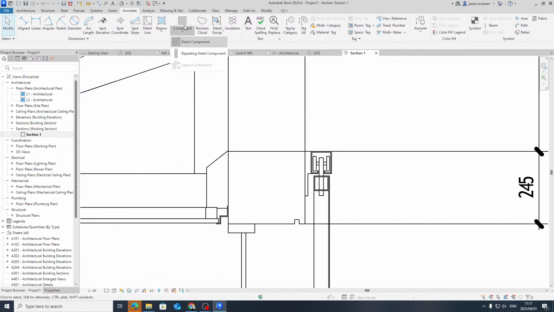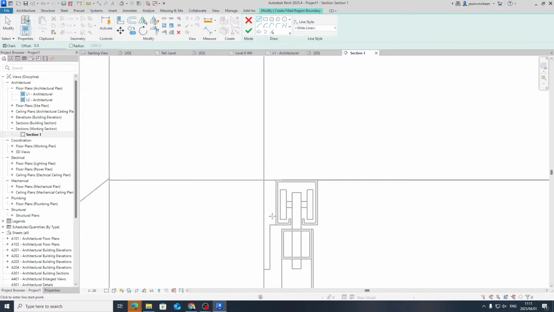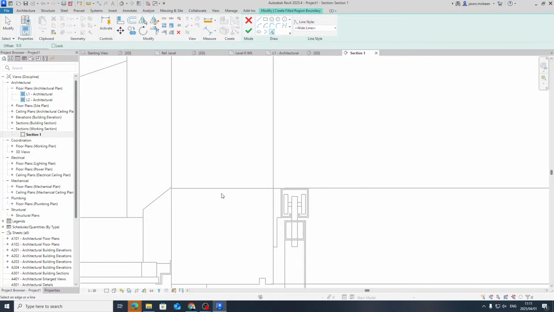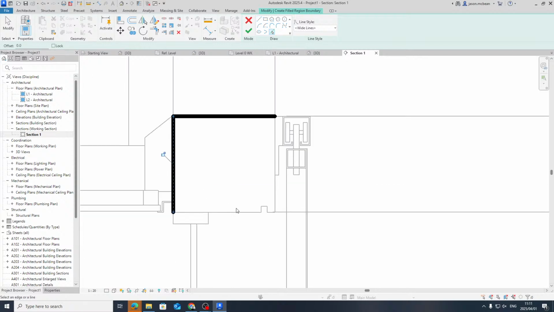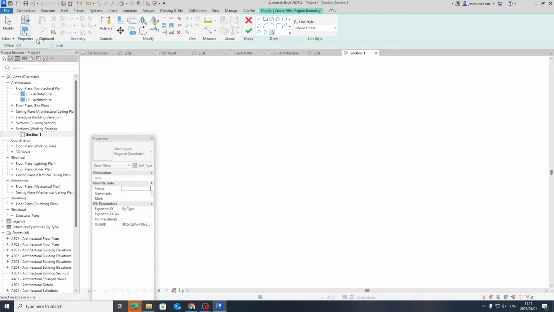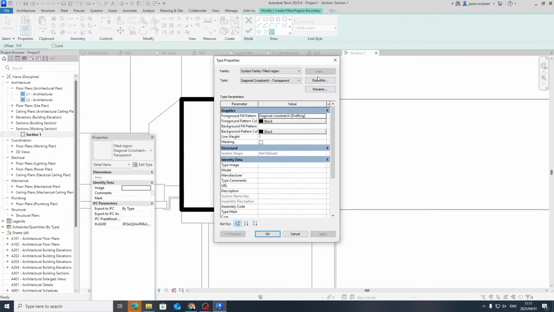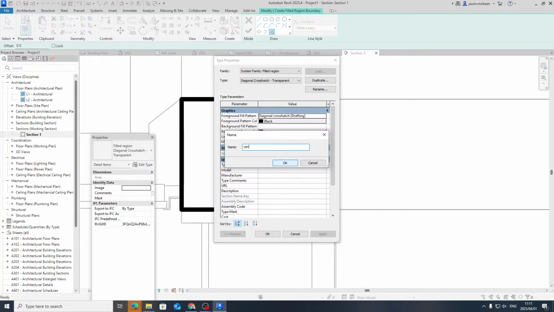I'll just show you concrete, for example, again. So here I'll go here again. Start drawing, wide line again. Here I'm just going to use the pick line tool again, so that line, that line, and so on. And I want that hatch to be concrete, for example. So now this is set up, my library set up for you. So I'm just going to say duplicate, I'll make mine like concrete.